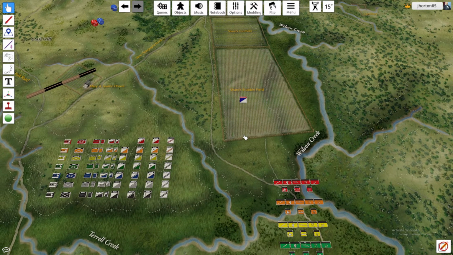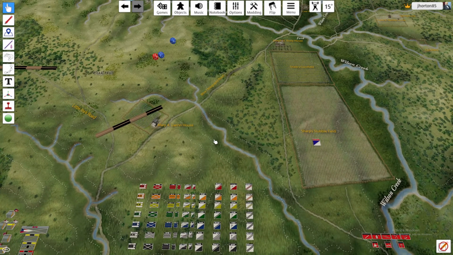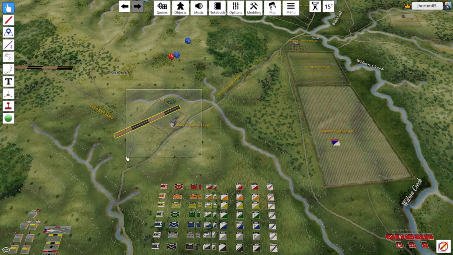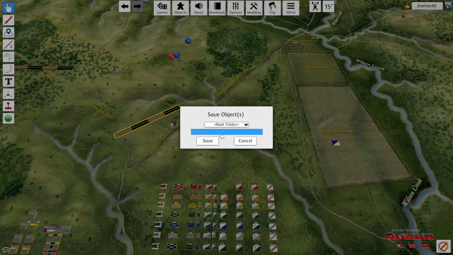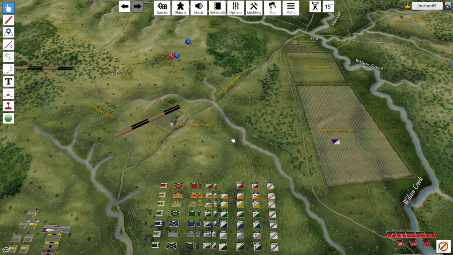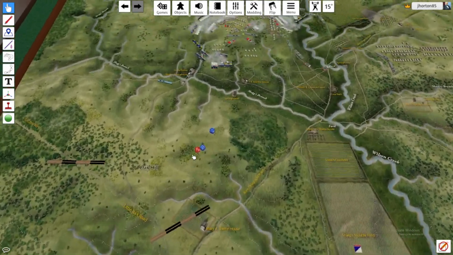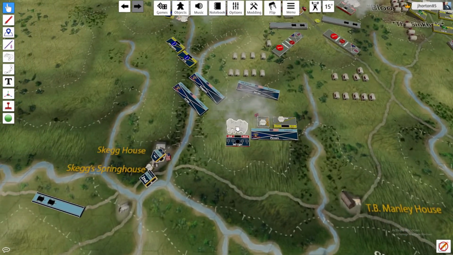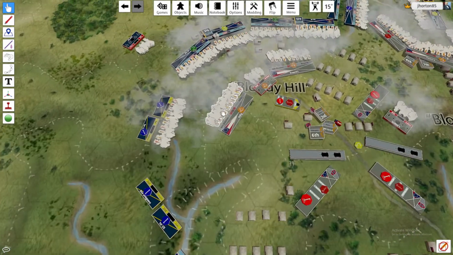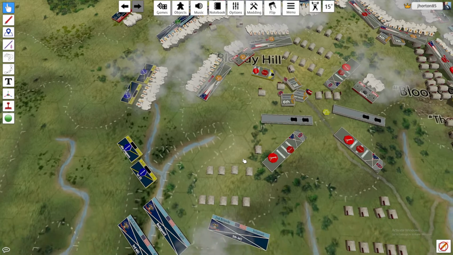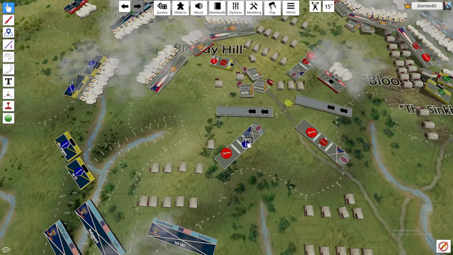There are other objects that I like to use when I'm umpiring, and basically I've found them from other modules and other games that people have, and once you find something you like, you can just right click and save object and give it a name, and then you'll just have that in your object list from now on. So I have things like measuring sticks that I use, smoke tokens to signify when artillery is firing or an infantry line is firing. I have disruption tokens. These are ones that I made specifically